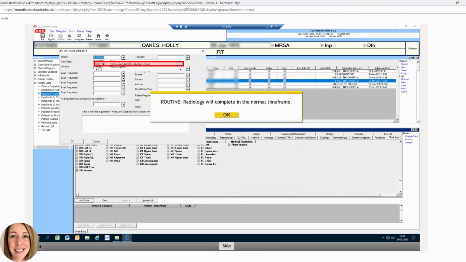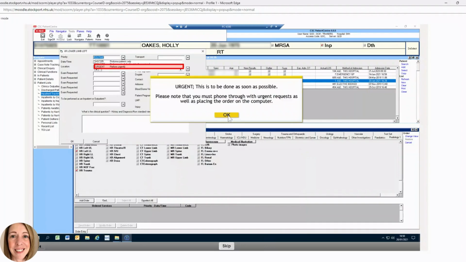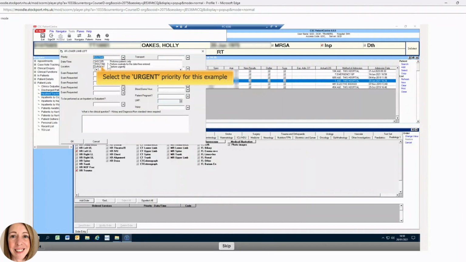Routine. Radiology will complete in the normal time frame. Urgent. This is to be done as soon as possible. Please note that you must phone through with urgent requests as well as placing the order on the computer. Select the urgent priority for this